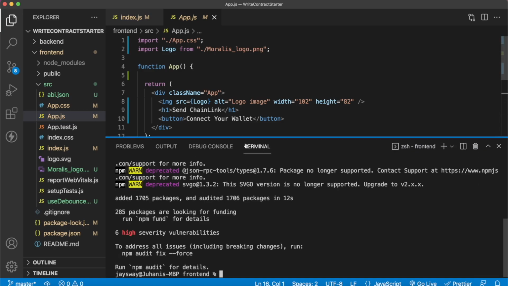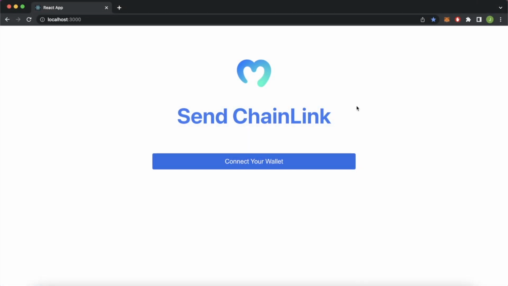So no functionality yet, but we can open this up, run npm run start, and this should open up your front end file. Right, so your front end should look like this. We have that nice Moralis logo, Send Chainlink as the title, and a Connect Your Wallet button. Of course, it doesn't do anything right now, but as our browser has MetaMask installed, let's now use Wagmi to